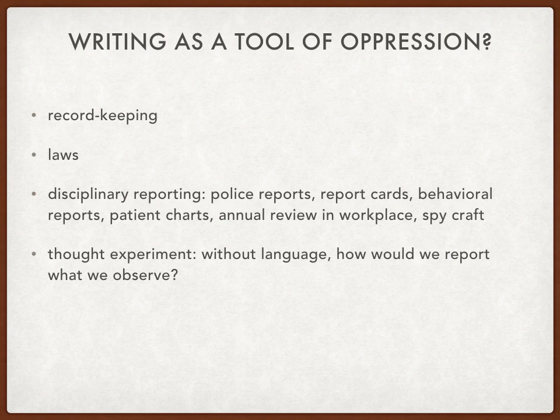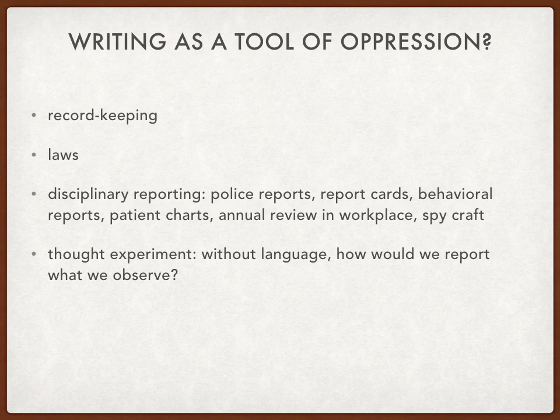Okay, one of the things that Foucault brings up in the essay is not a dominant point, but it comes up over and over again. It's the idea of record keeping, and record keeping as a kind of tool of oppression. So writing becomes a tool of oppression through record keeping, in part. So, for example, your permanent record in school, so they call it, right? Writing down infractions,